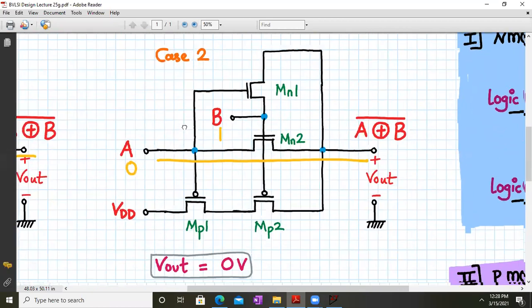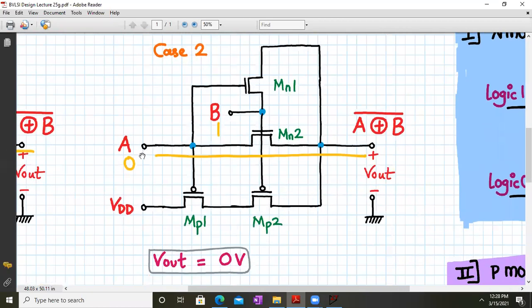In the second case, A is logic 0. That means MP1 is on and MN1 is off. B is logic 1. That means MN2 is on but MP2 is off. Since MP2 is off and it is a series network, even if one of the PMOS transistors is off, the entire series network becomes redundant.